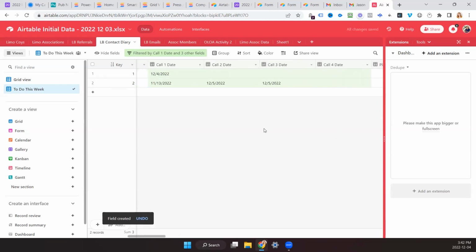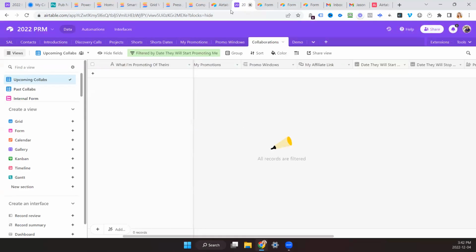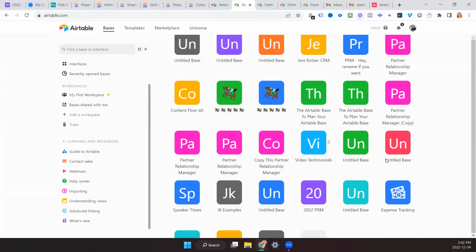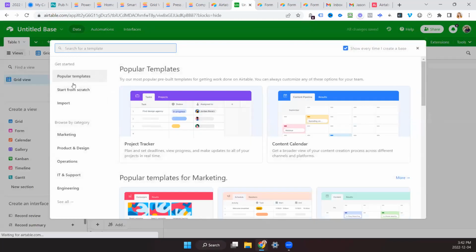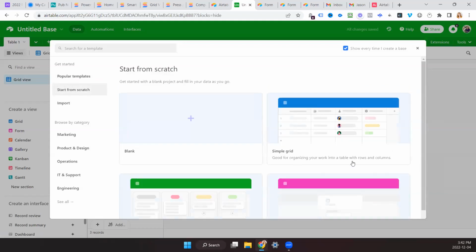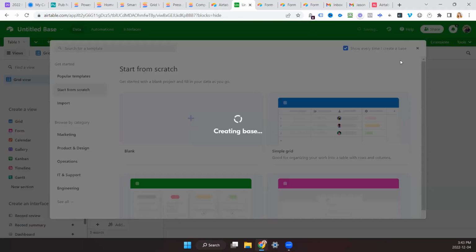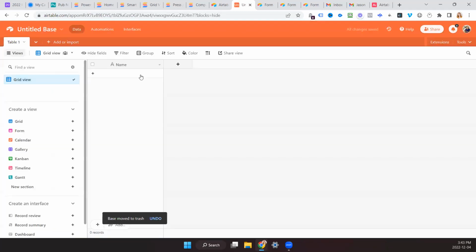So you could do something like this. I kind of want to show you an alternative that you can take or leave. Okay. But instead of messing around with my own base, let's start from scratch. So as an example, we might have names of people, Bob, John, and their emails.